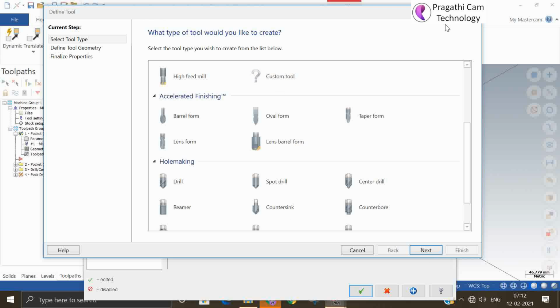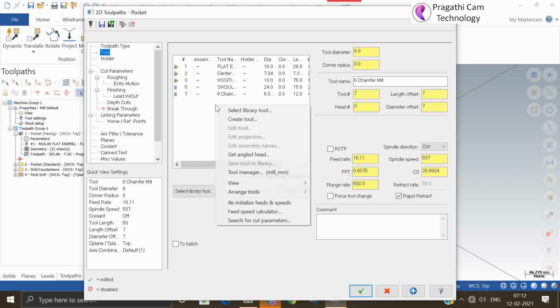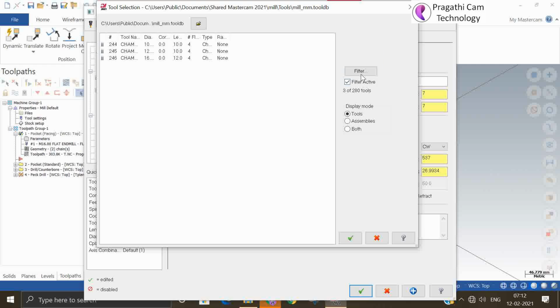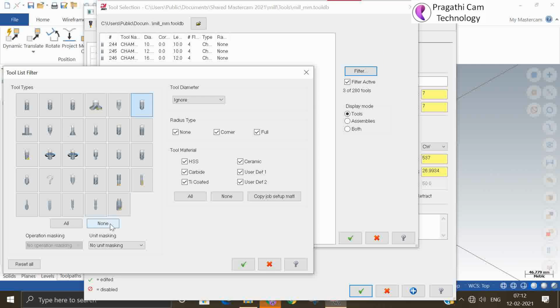Okay, not here. In the tool library we'll set the filter to none. This is a flat end mill. For 2D we will use all flat end mills. This is a sphere end mill, we can say ball end mill.